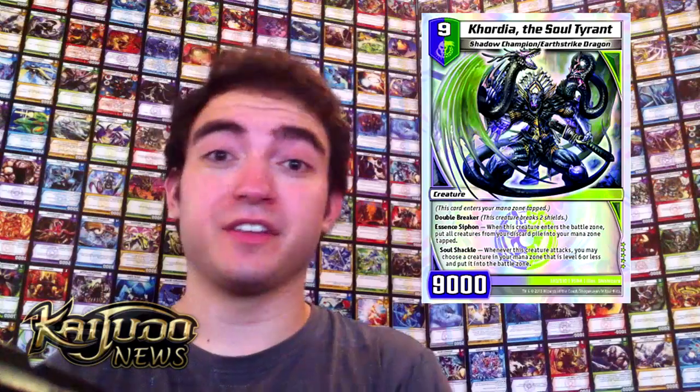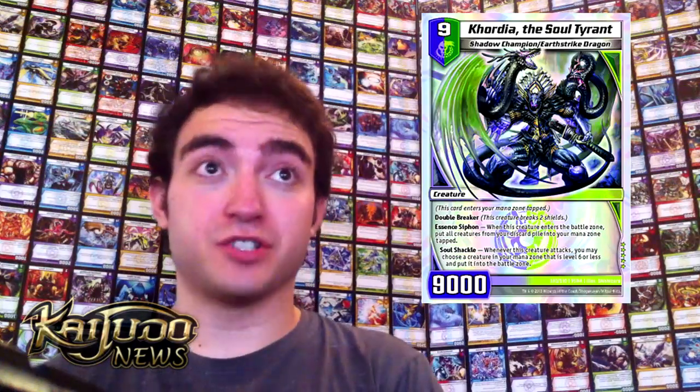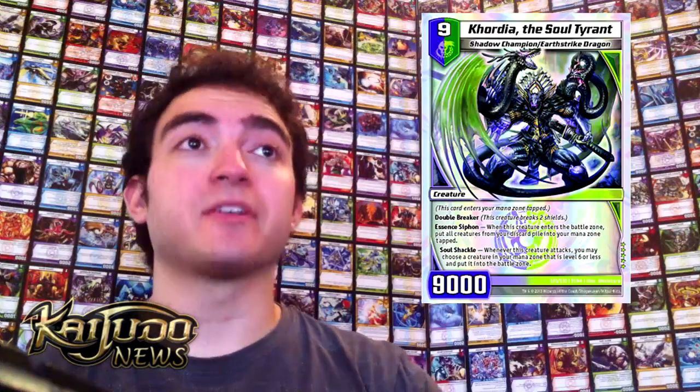So let's move on to another super rare that has been spoiled, and that card is Cordia, the Soul Tyrant, the Darkness Nature super rare. It is a Shadow Champion Earthstrike Dragon, level 9, 9,000 power. Of course, it enters the battle zone tapped. Double Breaker, Essence Siphon. When this creature enters the battle zone, put all creatures from your discard pile into your mana zone tapped,